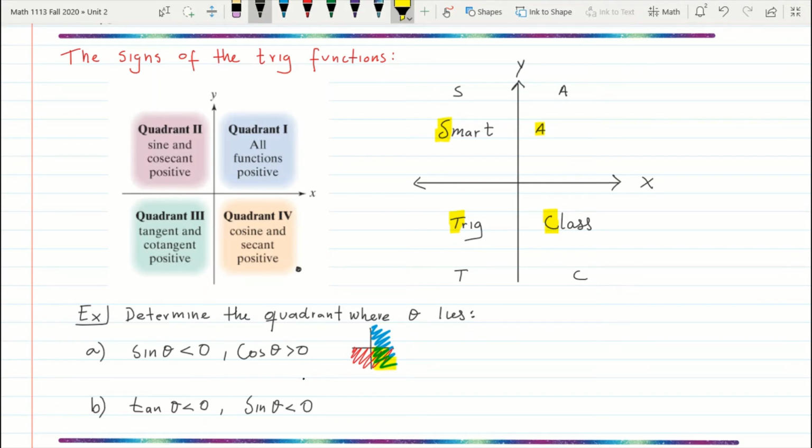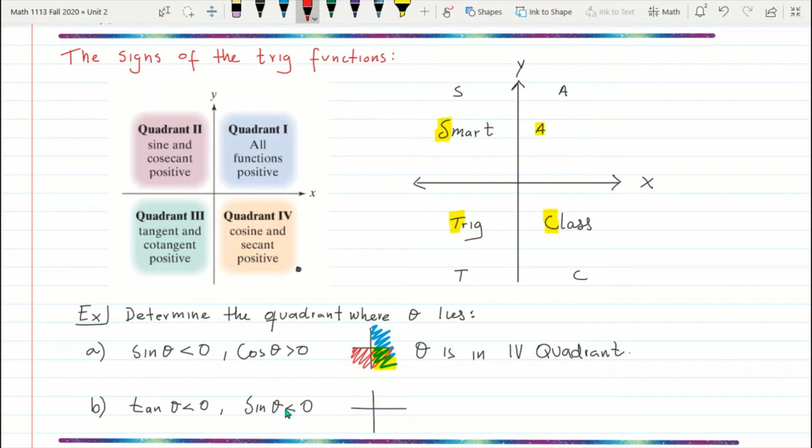Therefore, theta is in the fourth quadrant. Okay? And that's as easy as that. You just want to figure out where the angle theta is, right? Given that information. And if you do the following, it's saying tangent is negative, but also sine is negative. So if you do the same thing, you'll realize that we'll be in the same quadrant. So something like this. Where is